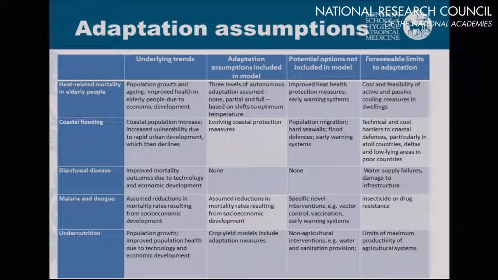And then you have adaptation assumptions that are explicit within each model. So the heat model clearly has an assumption about adaptation to heat. So those are included in there. And in fact, we had varying assumptions which could be tested as a sensitivity analysis. But the final estimates I showed do include adaptation, okay?